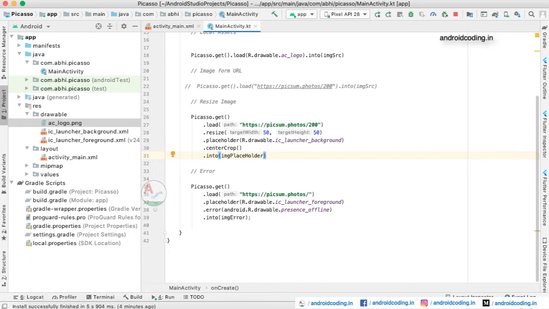Sometimes the image might not be loaded, so in that scenario we can load another alternative image as a placeholder. And here you can see we have also provided scales for the image, like center crop, fit xy. All these kinds of scales are available in this library. And finally we are specifying the image view on which the image needs to be loaded.